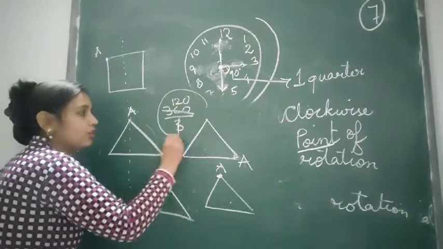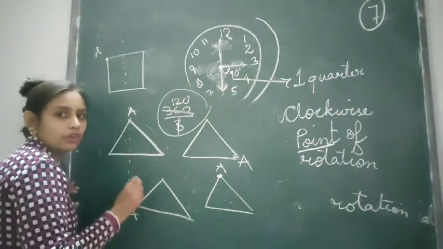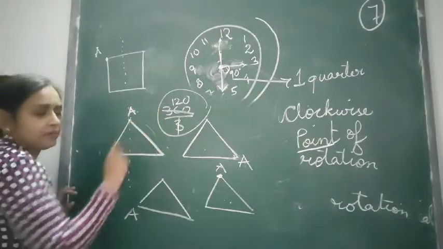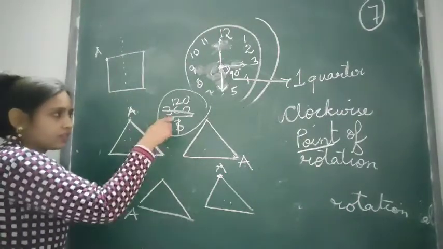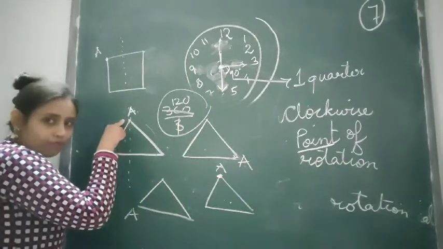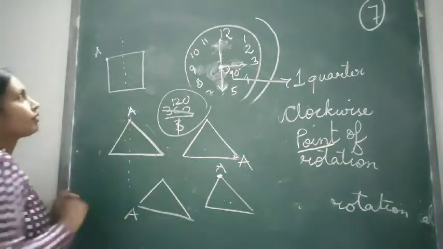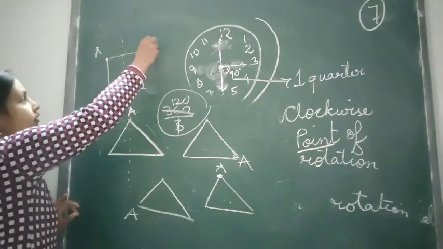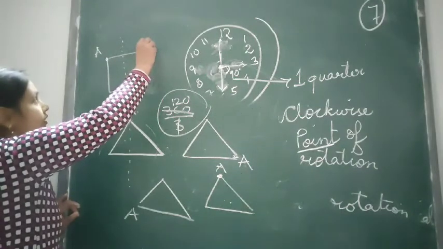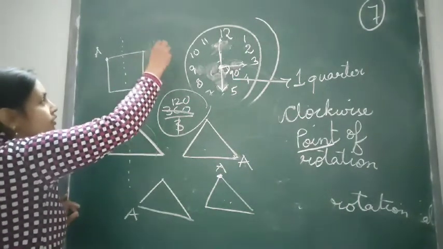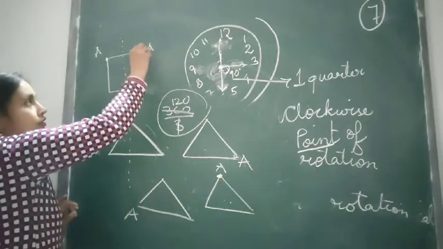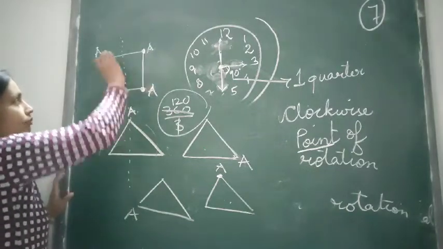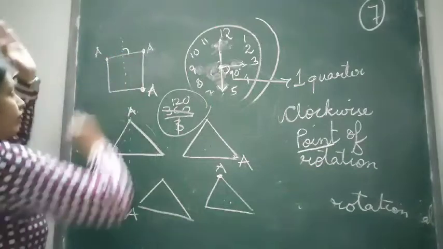So to find the rotational symmetry's angle of rotation is very, very easy. It is 360 divided by the number of the order. 360 means the complete angle, that is one complete movement. Now here we shifted to 90 degrees, and it will reach here in the first position. Then when we rotate, A will reach here, 90 degrees. Very simple, it will be 90 degrees.